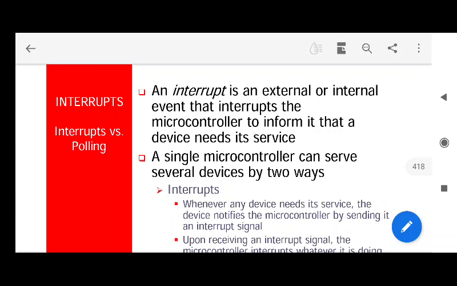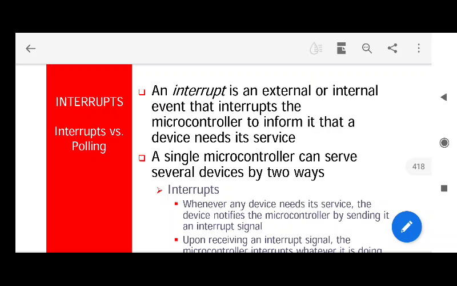Please note this: the 8051 or any processor, any microcontroller in this technical world which has been developed till today can do a single task in a single time unit. Fine. So how to do the multitasking, or how to serve n number of units from the same microcontroller at the same time? For that purpose we use interrupts in the microcontroller.